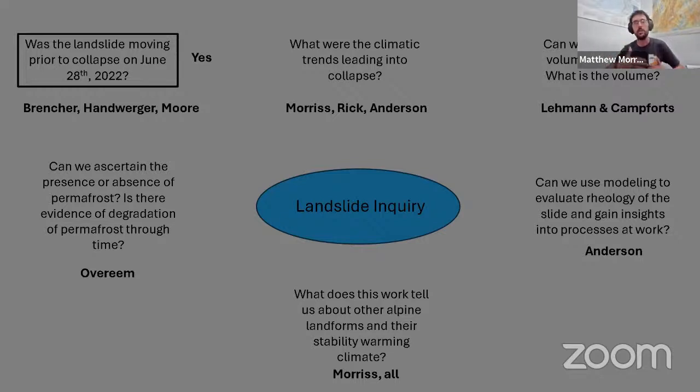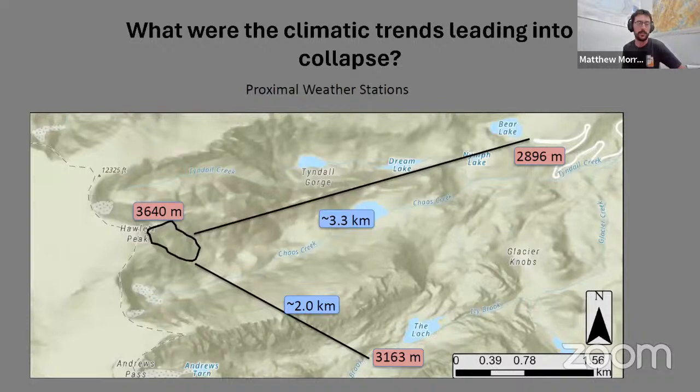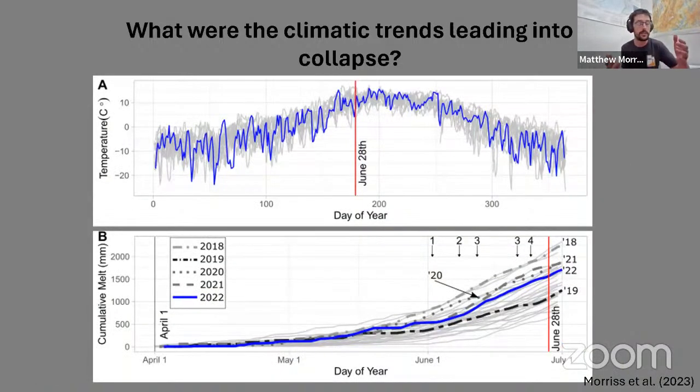But I also want to say, what other things did we do in addition to InSAR that helped us understand the processes of this landform and the landslide? And with this, I'm going to talk a little bit about climatic trends. We're really lucky this landslide had climate stations very close by, which let us conduct a bit more in-depth analysis of what was taking place in Chaos Canyon. And in this figure, I just highlighted in blue 2022, with the last 20 years of the climate record behind it. And 2022 wasn't particularly warm, and there wasn't anything in temperature space that really highlights why the